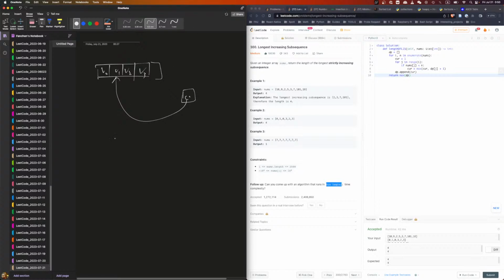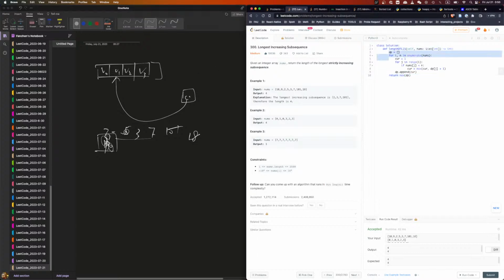So in this case, we start with 10, right? 9 is smaller, so we swap out to 9. 2 is smaller, so we go to 2. Then we have 5. Then 3, swap. Then 7. Then 101. Then 18. So yeah, 2, 3, 7, 18. We have 4. Nice. I remembered it.